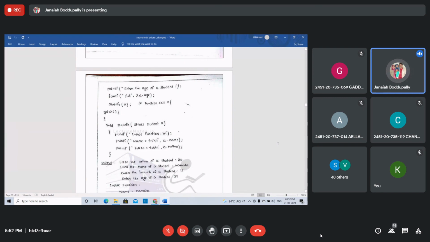I left only this one topic. After executing those, you will know how to pass the individual members of a structure to a function, how to pass the entire structure to a function, and how to pass a pointer to a function. After completing pointers, I will explain. But for how to pass members to a function and how to pass the entire structure to a function, execute those two programs.